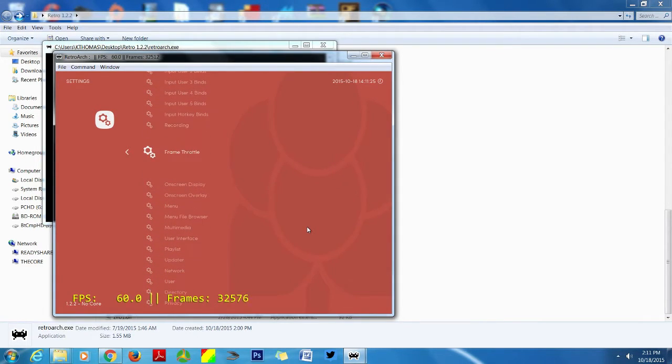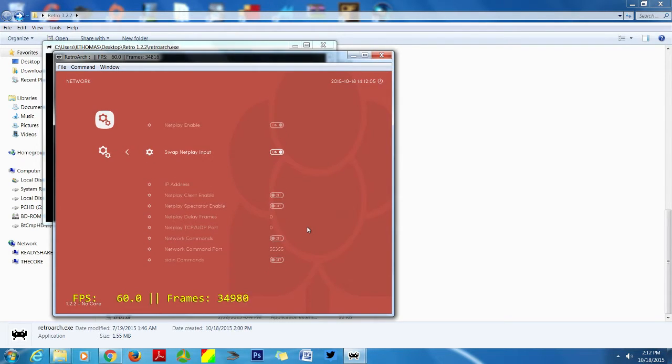Let's see here. Let's go to menu options. The biggest thing I want to go over, not really updated, was of course the network. This is where you have your NetPlay. Now NetPlay is going to be on P2P. It's not going to be server. So just like anything else, you're going to have to put in an IP address. Of course, you just hit right to turn it on.